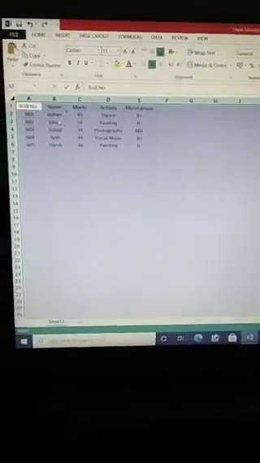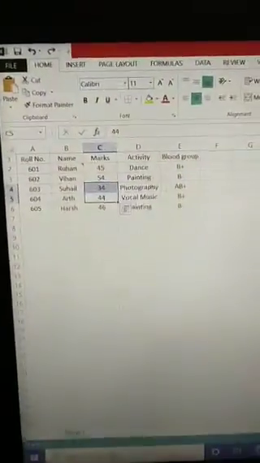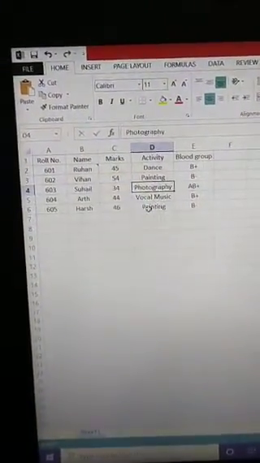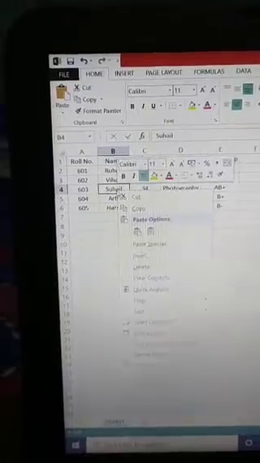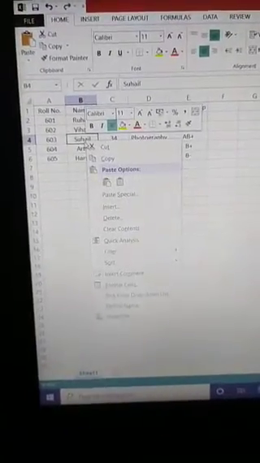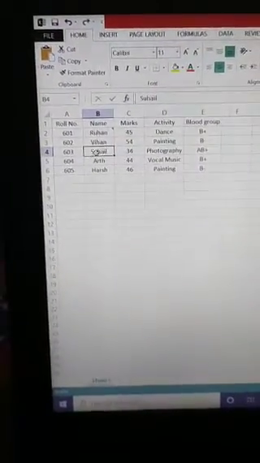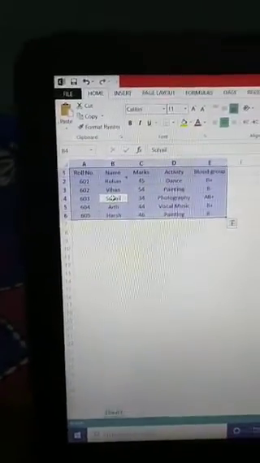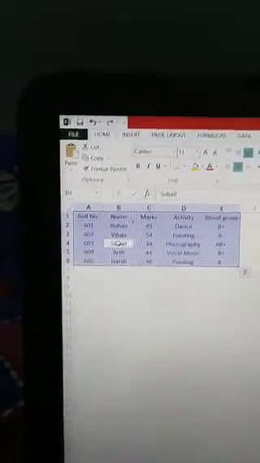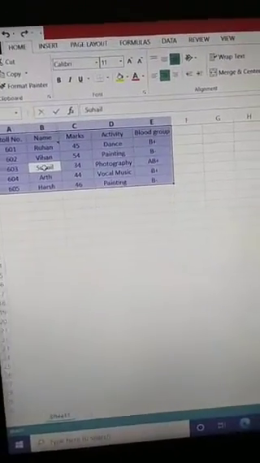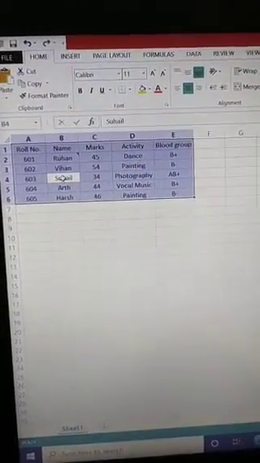I can also select it with CTRL A. If I press CTRL A here, that means I have selected the entire data. In this manner we can select the whole worksheet.